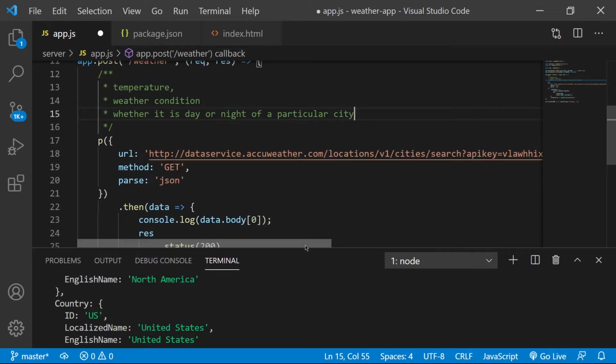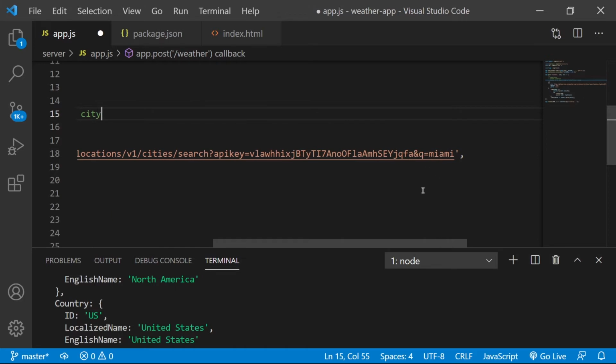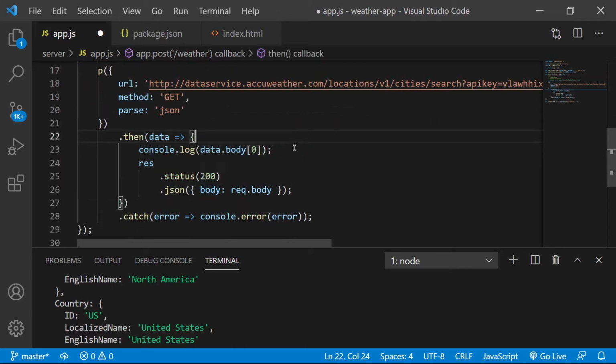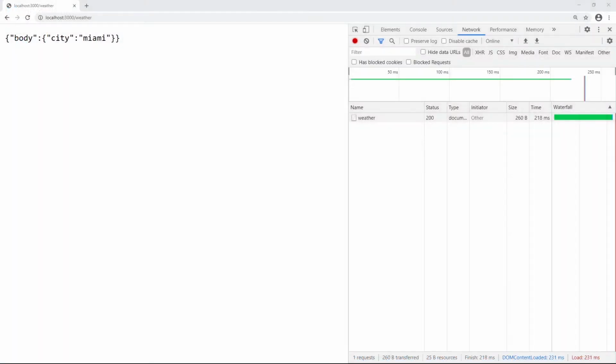Now let's think about what we're doing here. We no longer want to use Miami here. We want to use it as the body, req.body. Yeah, we want to use it as the city that we pass in, right? And we saw that the response actually comes back as such. So body city Miami.